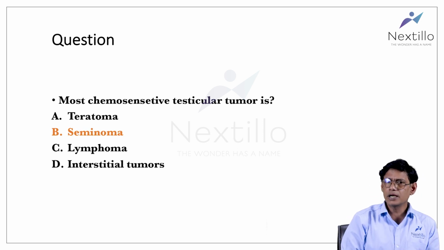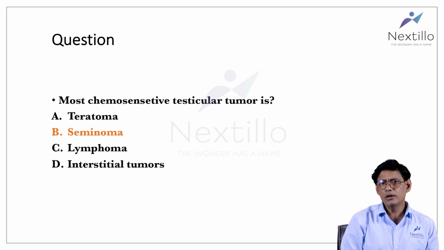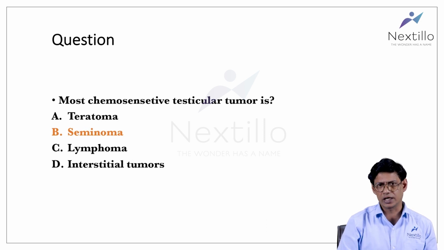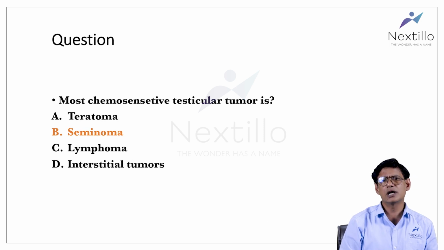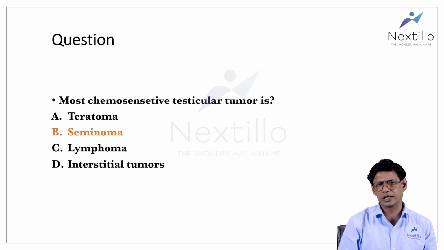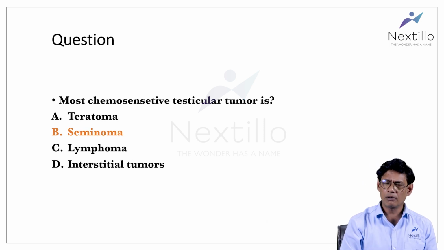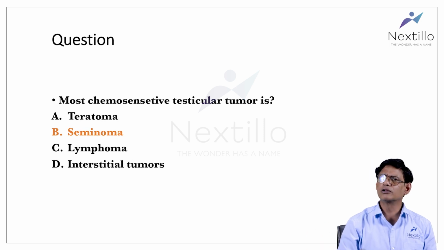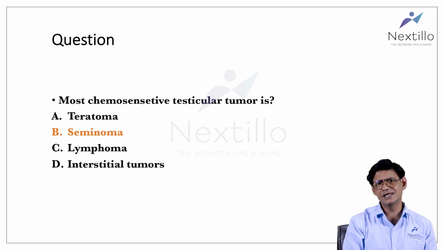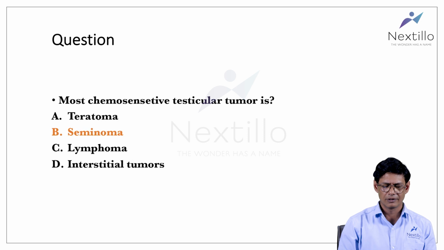Seminomas most commonly are seen in the testis. They may also appear in the mediastinum. Mediastinal seminomas are most common in the anterior mediastinum. So overall, the commonest site of seminoma is the testis. The most common extra-testicular site, or the commonest mediastinal site of seminoma, is the anterior mediastinum. And the commonest management done for seminomas, at least in the mediastinum, is chemotherapy. One of our cricketers too had this disease and he was treated with chemotherapy.